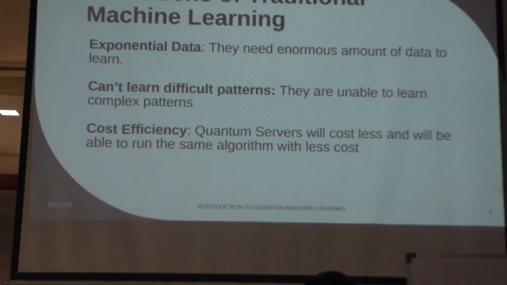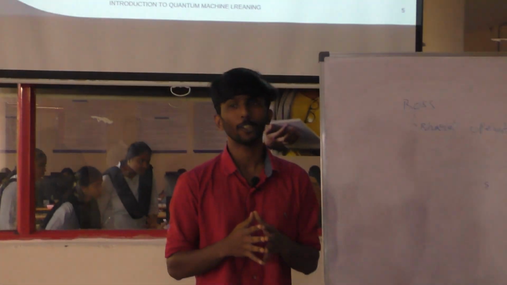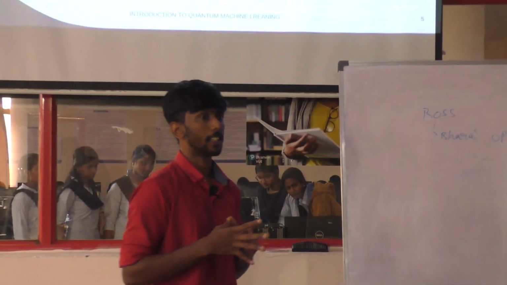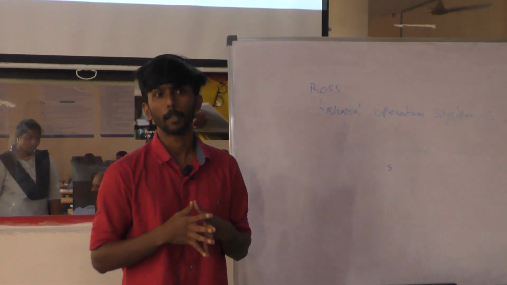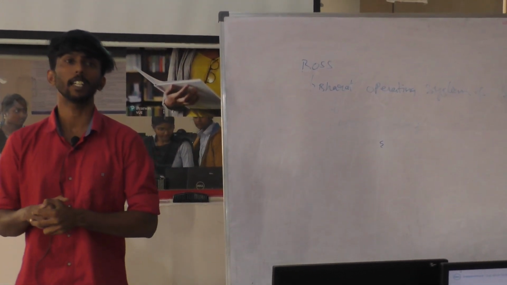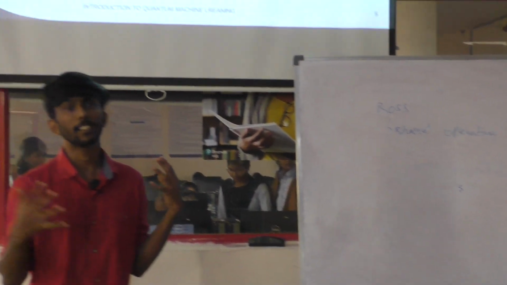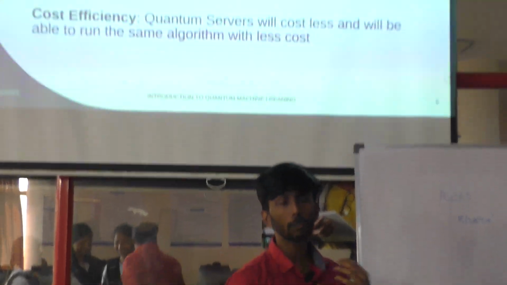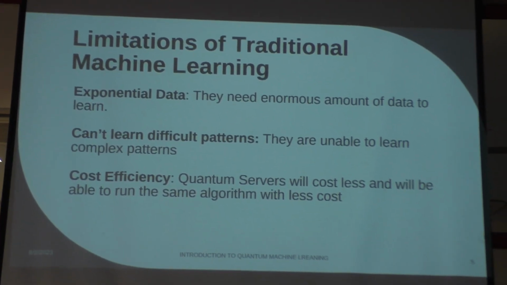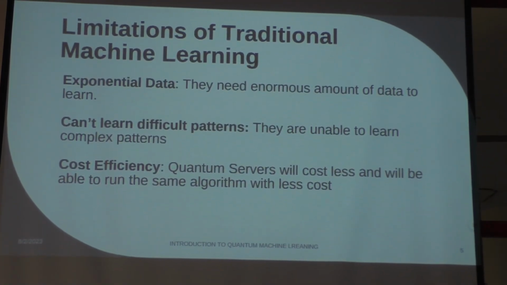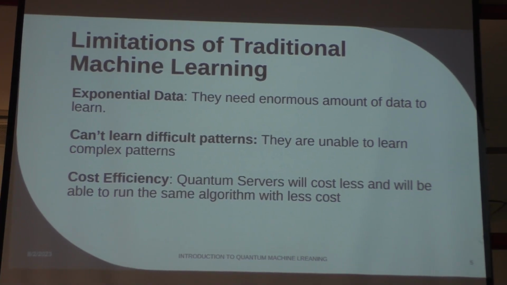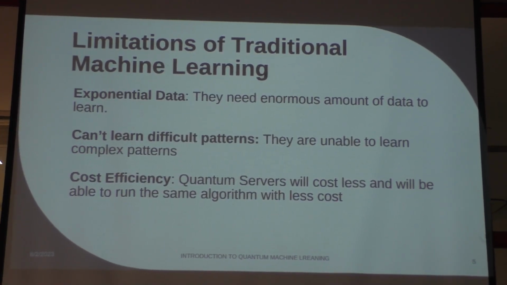And another important problem, as we all know, is the amount of computing resources that current machine learning models take up. Because to train a model like GPT, I don't know the real number, but it is a huge resource that is already being used. And is there a way to actually reduce this? So these are the motivations, or the problems, that we are trying to see that QML can solve for us.